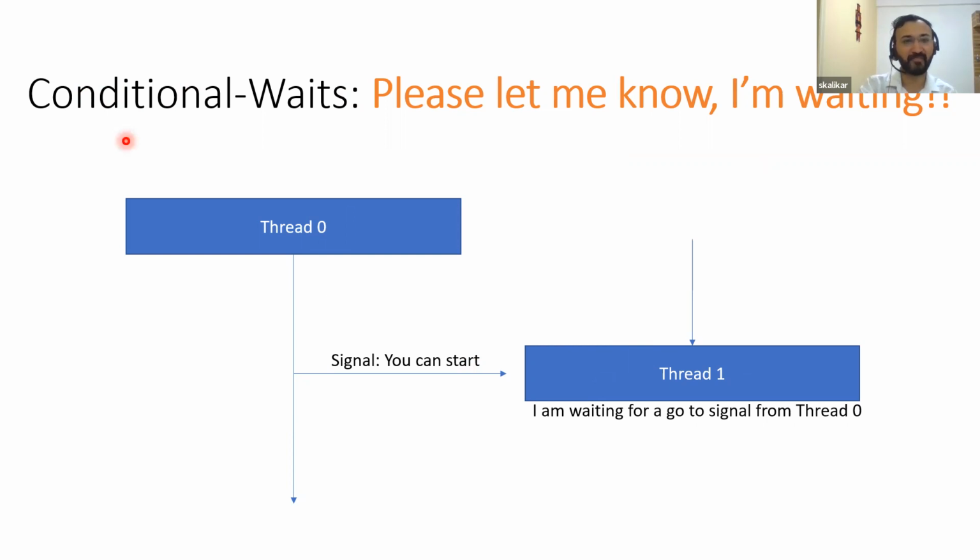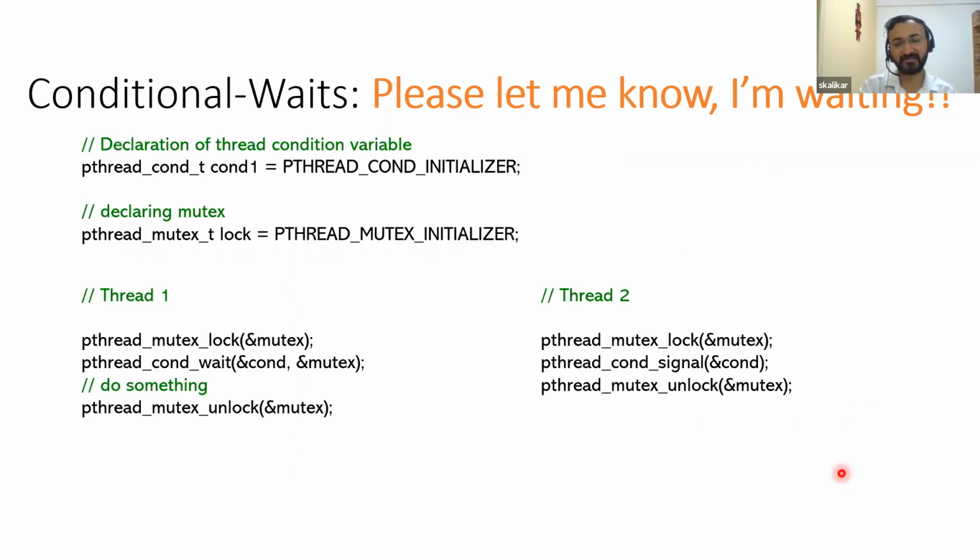So this construct is called conditional waits. Going back to our Pthread setup, it looks something like this. You declare a variable of type condition variable, pthread_cond_t, and you initialize it. You also declare a mutex variable lock and initialize it. Now, suppose thread 2 wants to do some important task, but it is waiting for thread 1's signal, right? So thread 1 acquires a lock, and then thread 1 is saying, I am waiting for this condition variable, which is